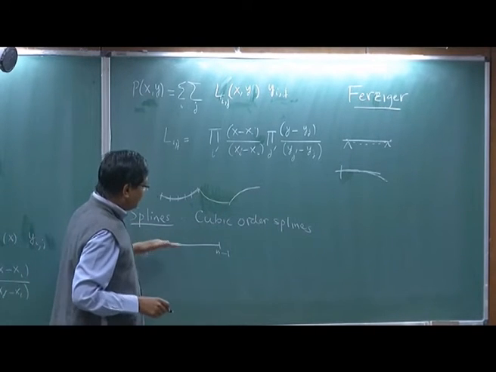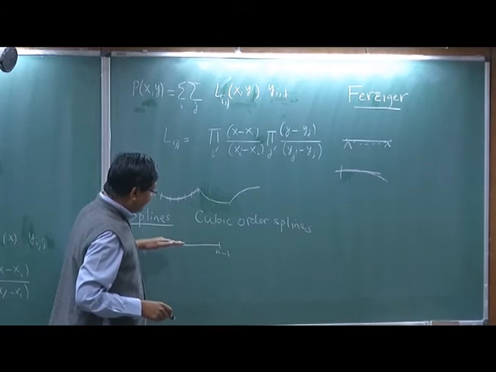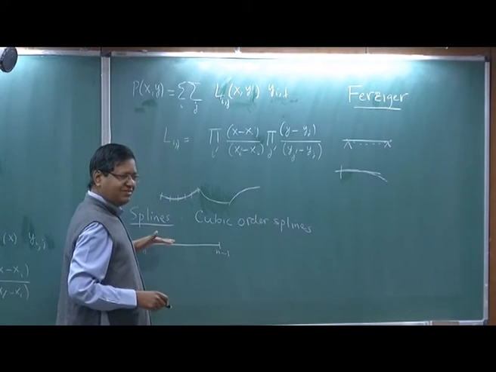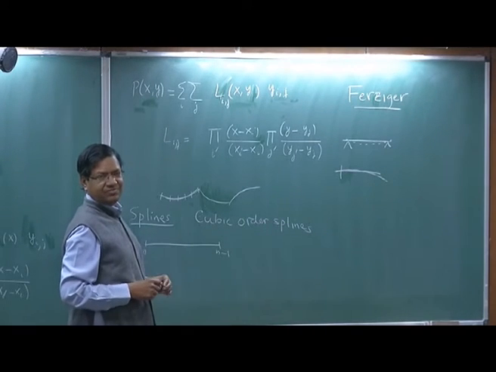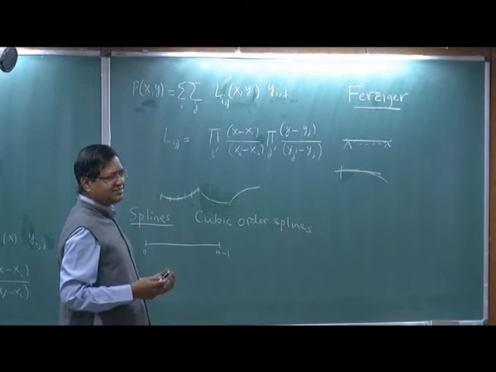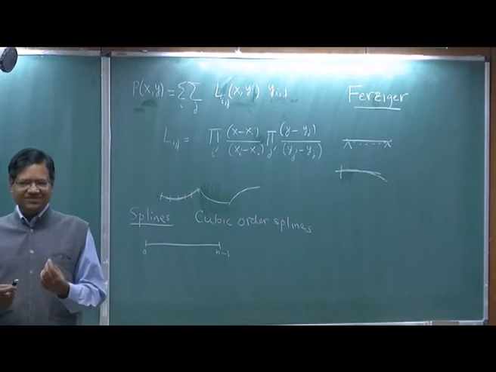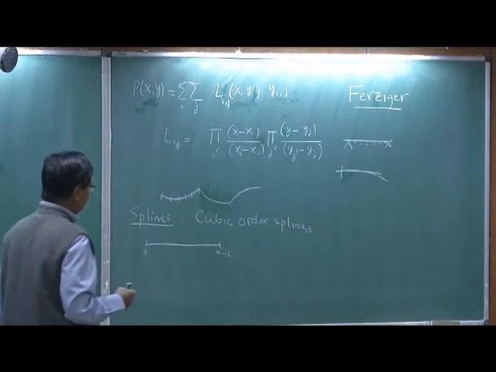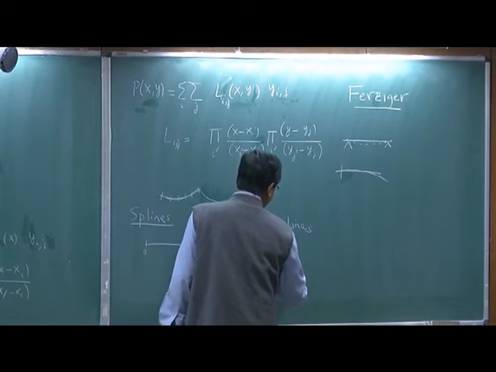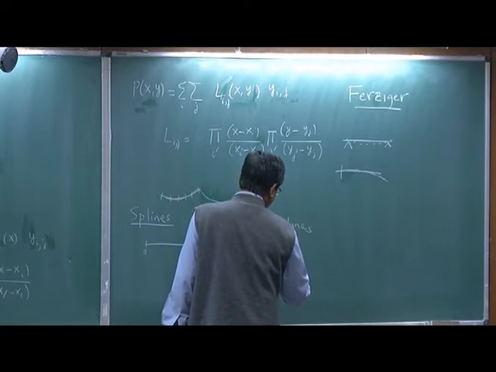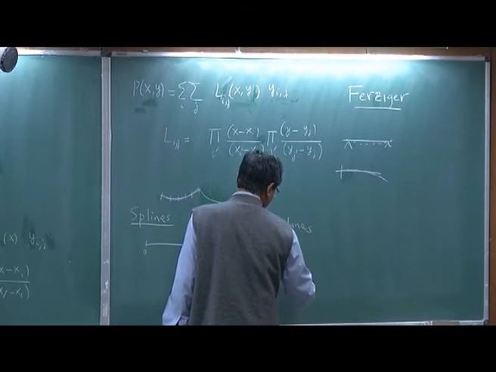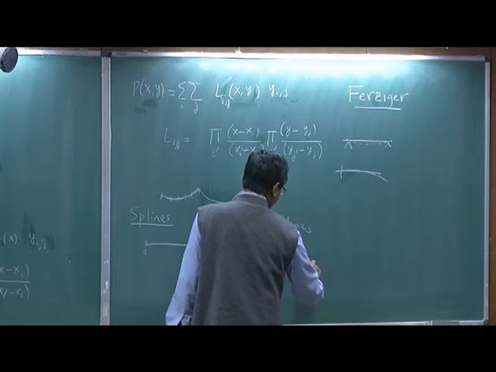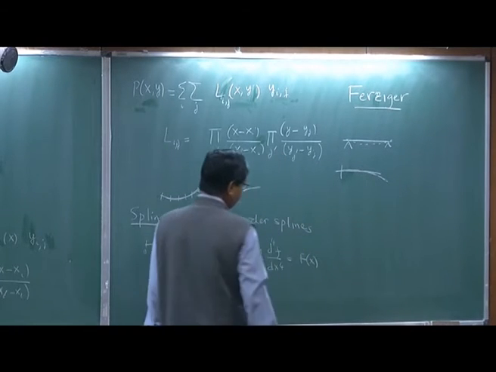Now I am going to construct a function, a beam function, which will go through these points. And at each point there is a certain load. So the idea, in fact, comes from civil engineering. So I have a function f. The equation of the beam is d4x by dx4, with a coefficient in front, equals f. This is the equation of the beam.